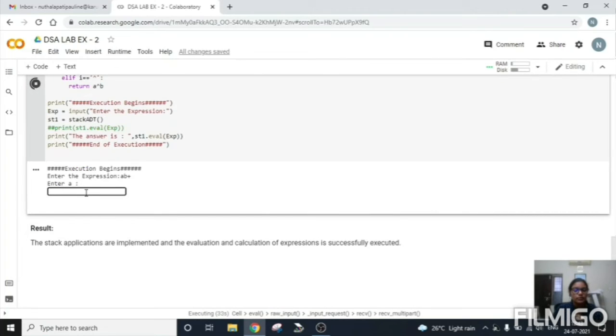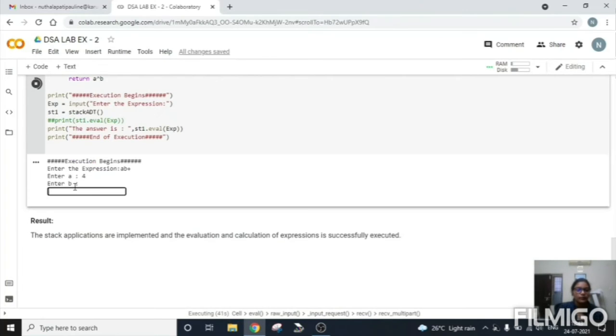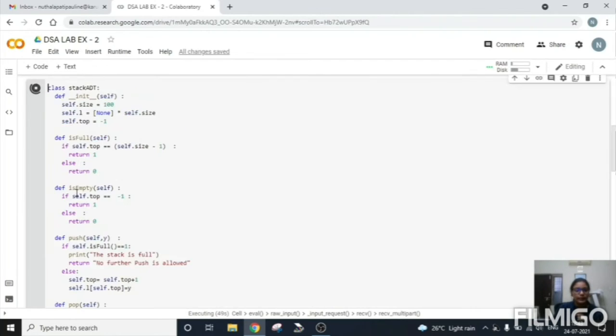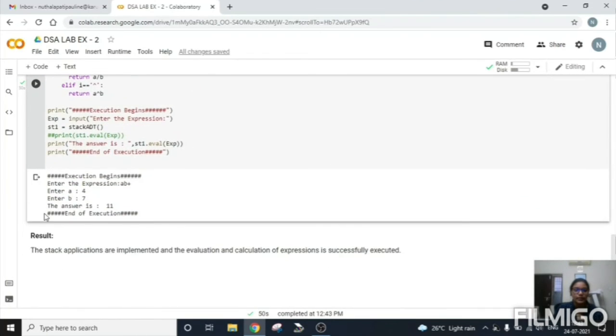It is asking us to give a value for A. Let's give the number 4, and then it is asking us to enter a value for B. Let's give 7, enter, and now it has given the answer as 11. So 4 plus 7 equals 11. This is how the calculation is done.